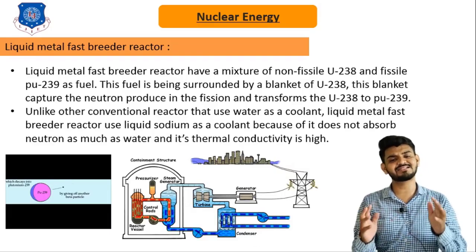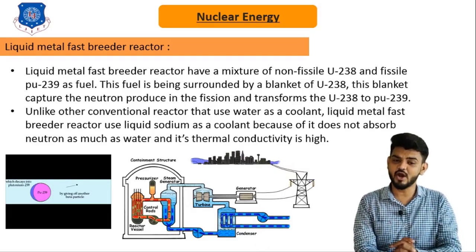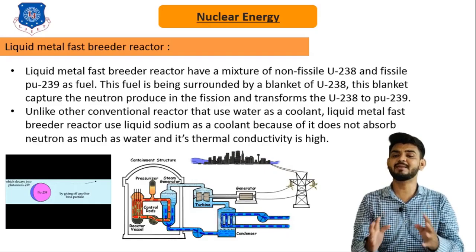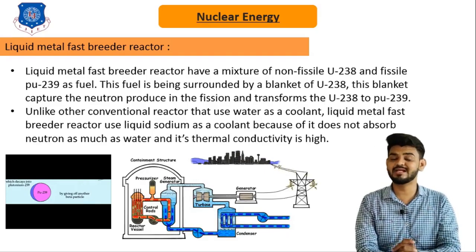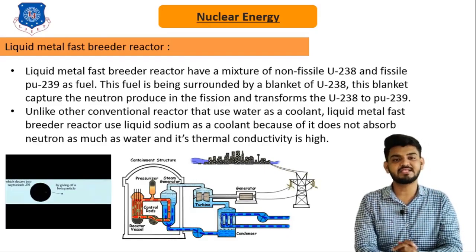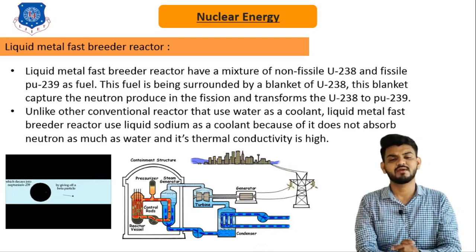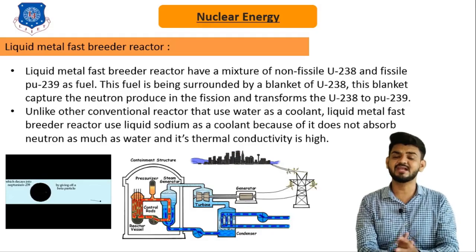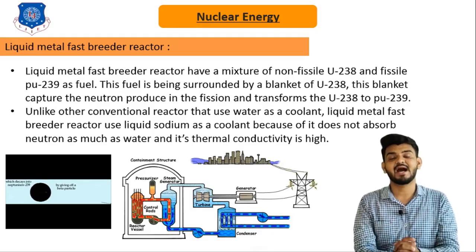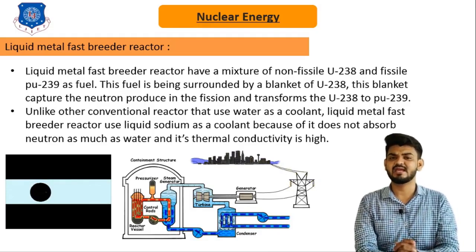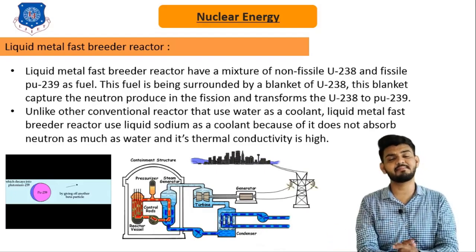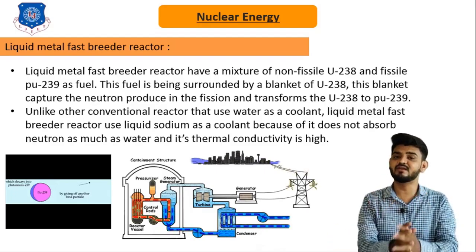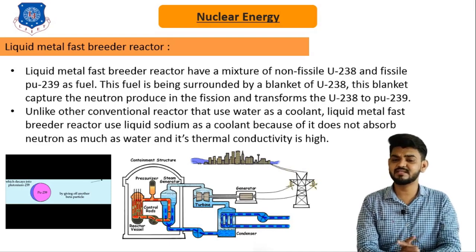Unlike other conventional reactors that use water as the coolant, the liquid metal fast breeder reactor utilizes liquid sodium as the coolant, because it does not absorb neutrons as much as water does, and its thermal conductivity is higher than water. Here in the image you can see a typical example of a liquid metal fast reactor, in which the orange